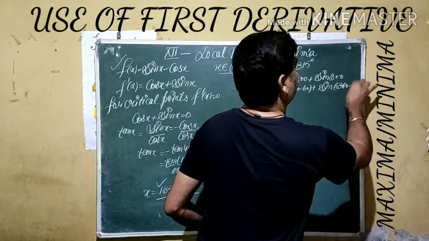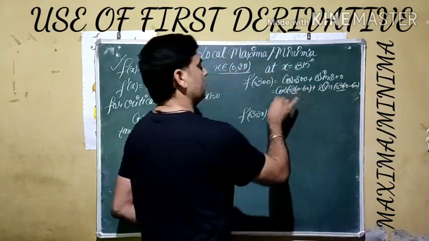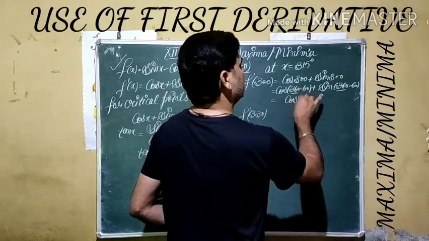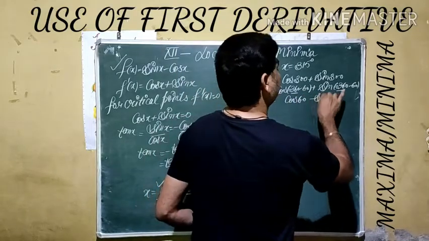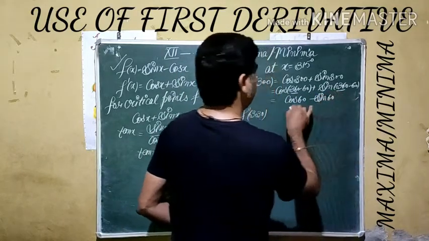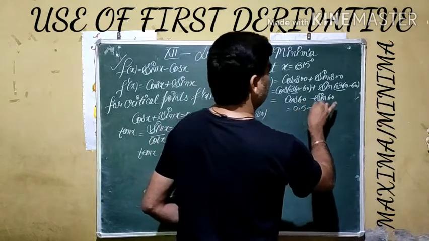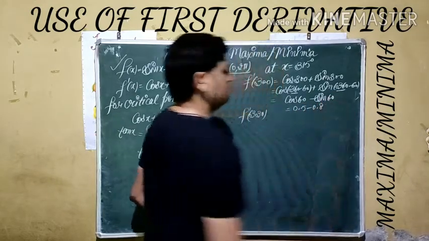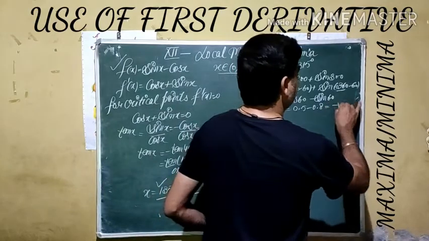As you know, by the rules of plus 1, even multiple of 90, no change. Cos 60, fourth quadrant positive, and sin is negative. If we use the values, it is given by 1 by 2, 0.5, and square root 3 by 2, 0.8. So the answer comes out negative from here.